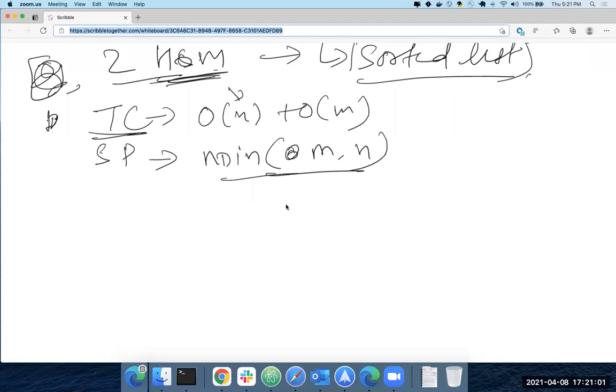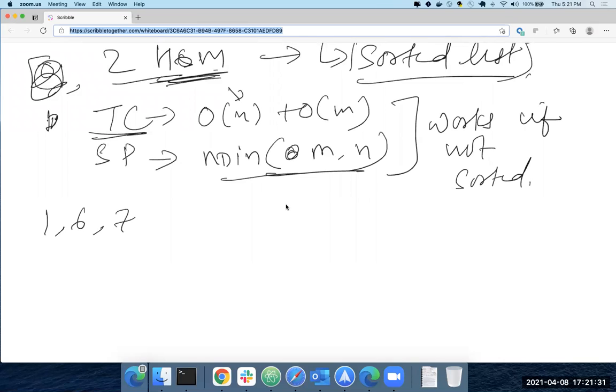And what's the other answer? You said you can do this without using space. In this approach, we didn't make use of the sorted property given. This will work even if the lists are not sorted. Using the sorted property, we can have two pointers pointing to the beginning of each of the lists, move your pointers and add your results. Makes sense, just like the merge list.